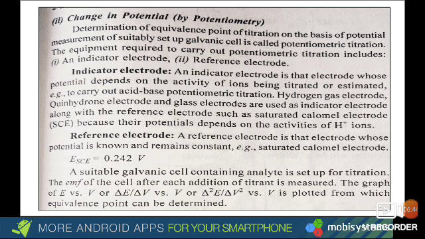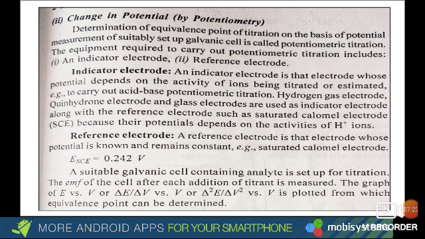So whenever you compare indicator electrode and reference electrode, out of these two the reference electrode's potential is fixed and therefore you can find out the change in indicator electrode. So whenever there are two electrodes, one's concentration is always fixed. In this case potential is kept fixed and therefore whenever there is change in indicator electrode it can be easily determined. When you do the comparison, one thing is steady and other thing is moving. So when can you say that other thing is moving? When one thing is steady, right?